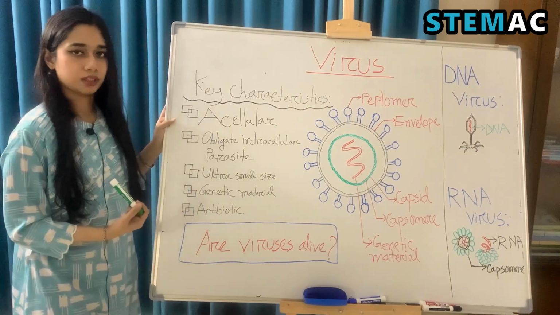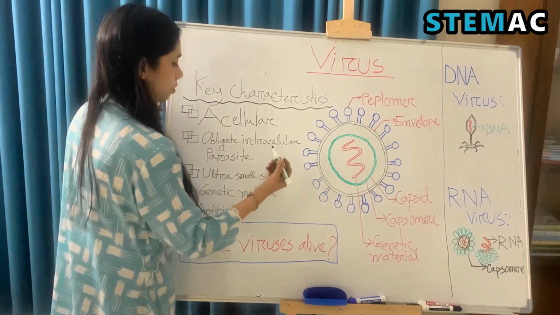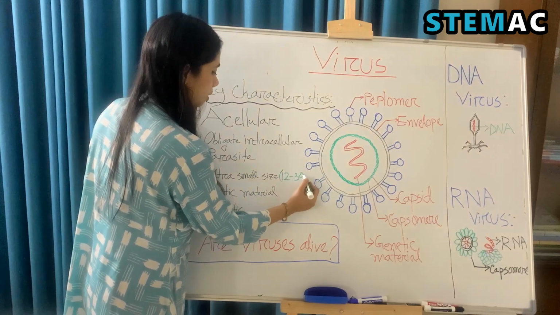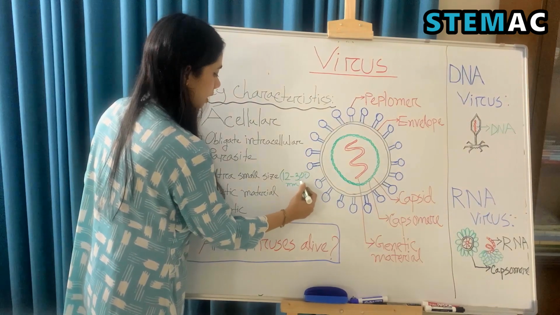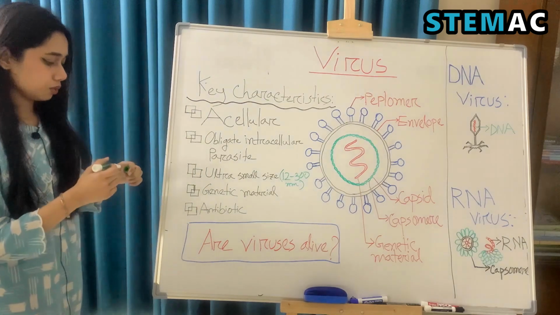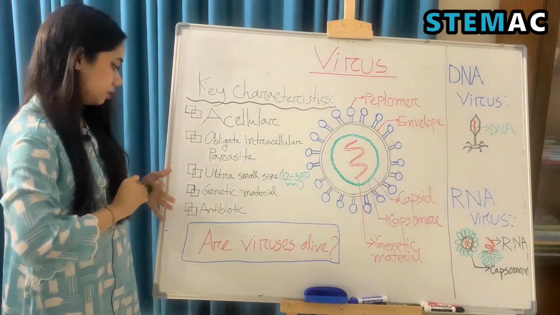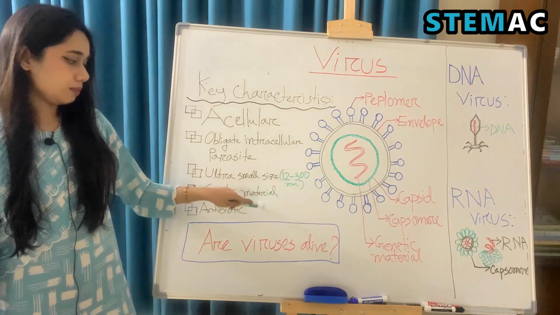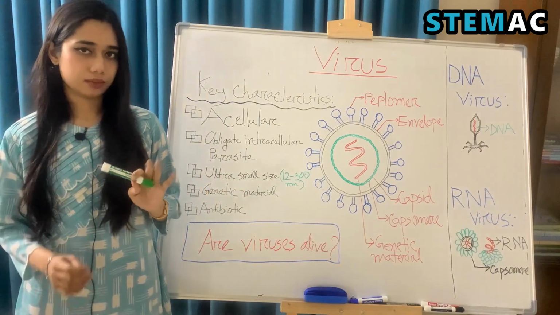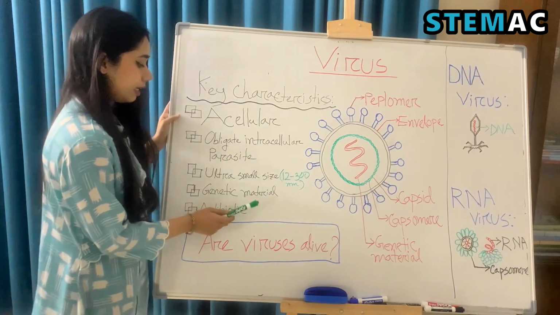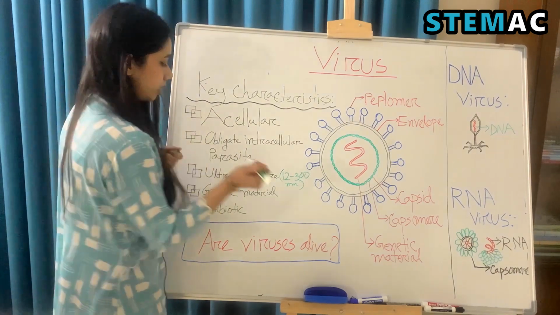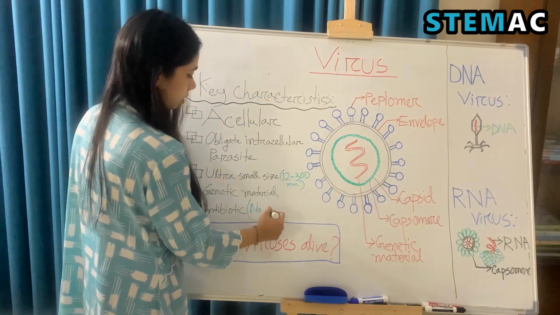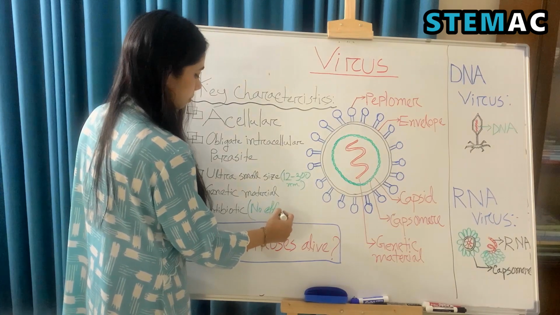We already talked about that. They are around 12 to 300 nanometer in size. So we can say they are really small. Genetic material of viruses are either DNA or RNA. And antibiotics have no effect on a virus,